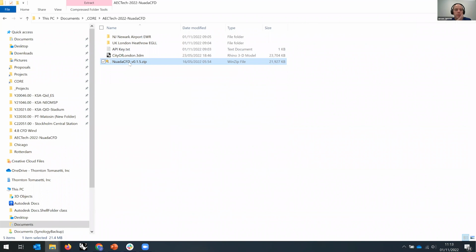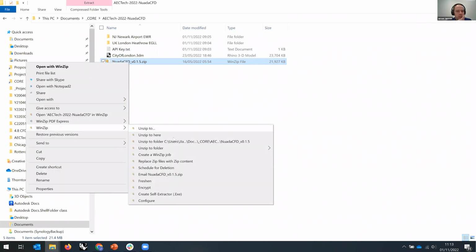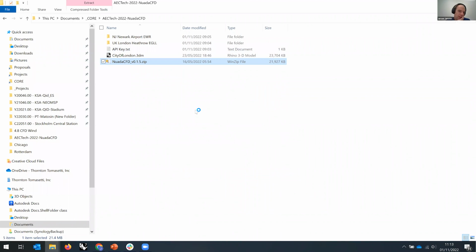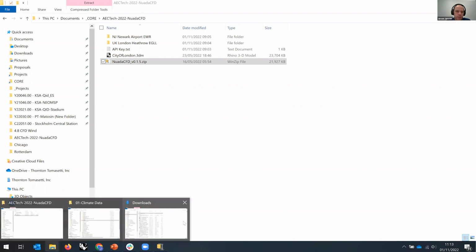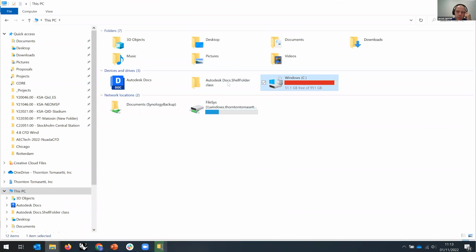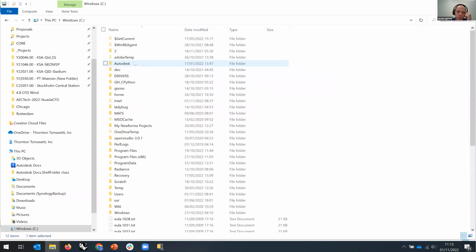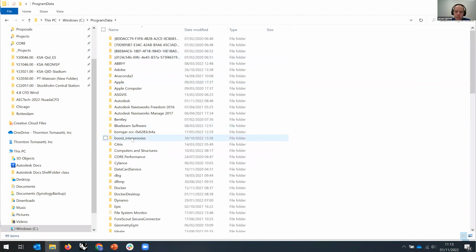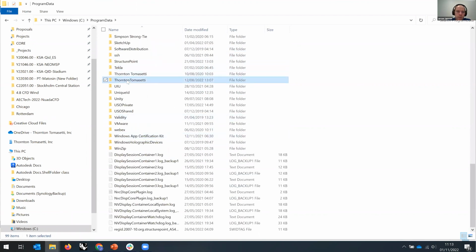Let me go back to that folder. I would recommend to unzip it in a folder and then move that folder somewhere outside of your downloads. It doesn't really matter where it is. I have it, let me browse to it, under my user folders, program data. I think it's a TT folder, Thornton Tomasetti,